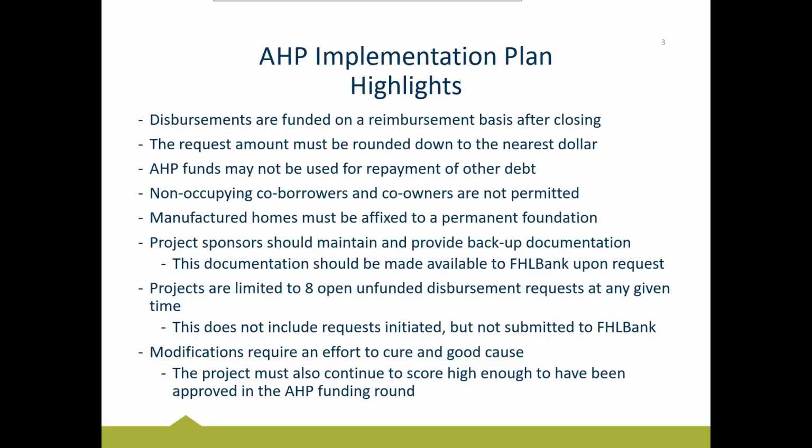But once you submit the disbursement request into us at the Federal Home Loan Bank, it starts counting towards this 8. So you can have a maximum of 8 disbursement requests that we are currently reviewing here at the Federal Home Loan Bank at any given time. Of course, anything that's already been funded does not count against this 8 because that money's already out the door and approved. So that's not of concern. And again, anything that you're working on but have not submitted to us does not count towards this 8. It is just the one view.